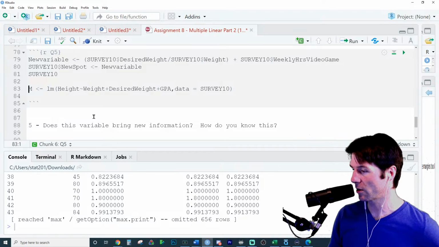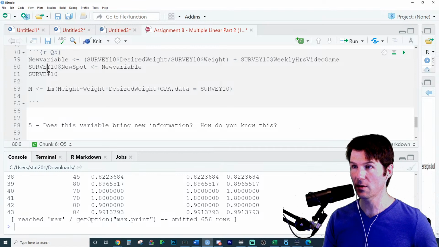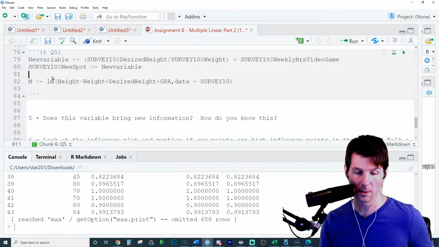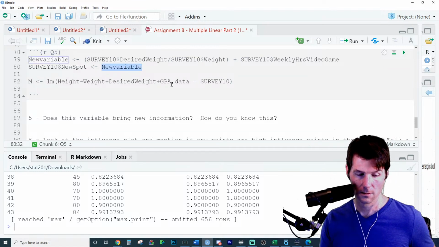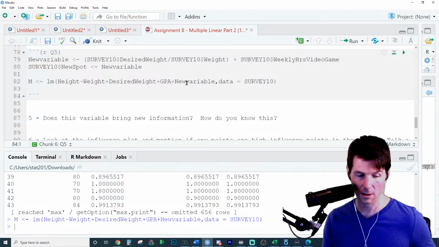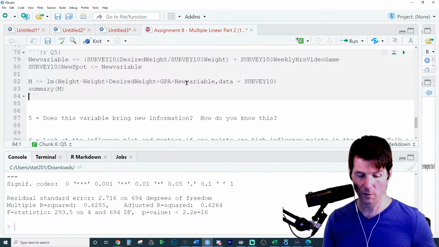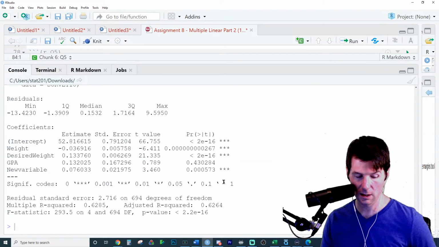So our new model has a higher R squared adjusted. If this variable is bringing with it new information, where is that going to be contained? If this variable is bringing with it new information not contained in the other variables, watch it get an R squared of 1 or something ridiculous. The answer is,